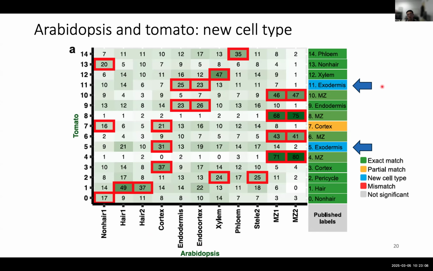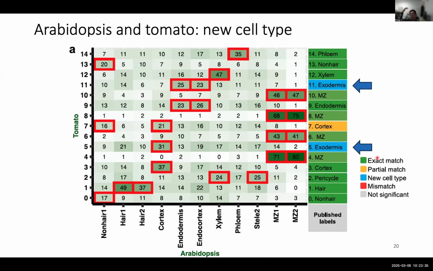The second is that if you look at the UMAP, these two clusters are actually together, and they're away from the two other clusters. One of them is clearly cortex, the other one is endodermis. So that is another case where, when you have cell types across different species that are not represented in your reference map, you may have some mislabels. So how do we deal with this type of issue?